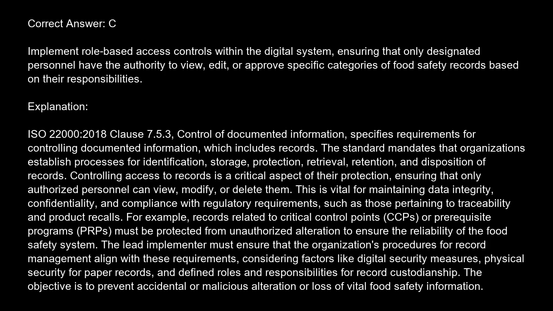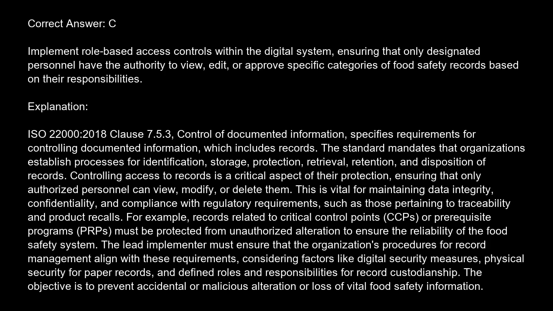Explanation: ISO 22018 Clause 7.5.3, Control of documented information, specifies requirements for controlling documented information, which includes records. The standard mandates that organizations establish processes for identification, storage, protection, retrieval, retention, and disposition of records. Controlling access to records is a critical aspect of their protection, ensuring that only authorized personnel can view, modify, or delete them. This is vital for maintaining data integrity, confidentiality, and compliance with regulatory requirements, such as those pertaining to